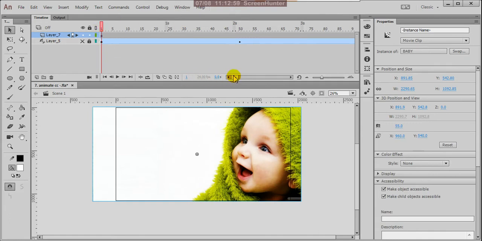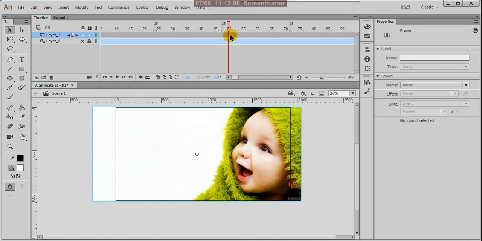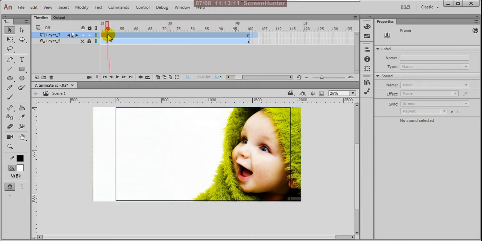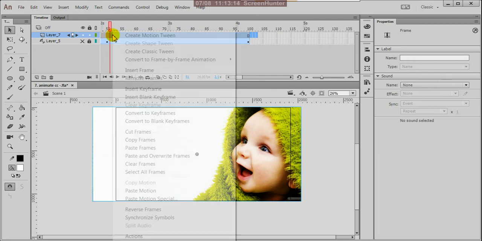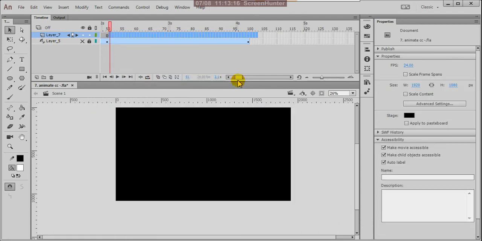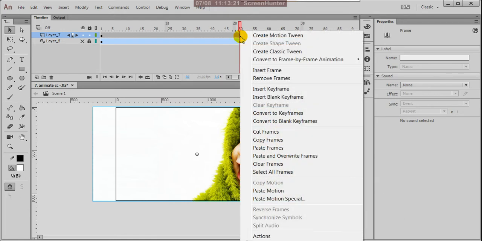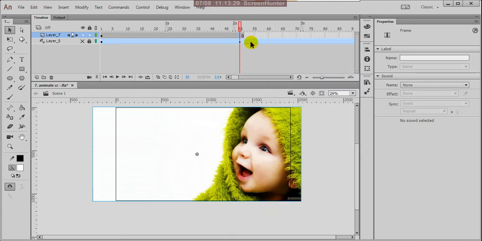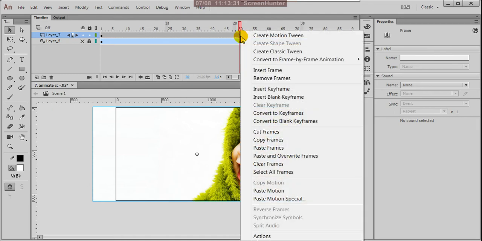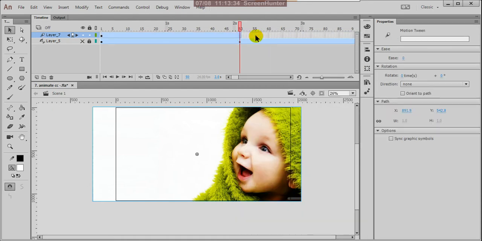Here, at 50, suppose I can remove frames up to here. At the 58th frame, right click and insert a frame. Sorry, a frame is already inserted here. Right click and create motion tween, click on that.